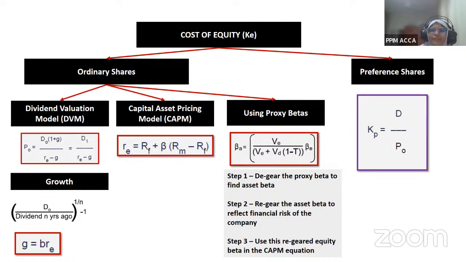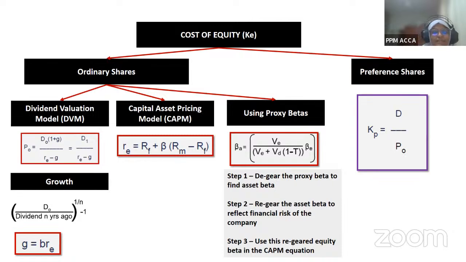Why? Because the bank itself will quote 11% interest. So, the cost of that debt is 11%. Okay. But when it comes to shares, the shareholders are not going to quote, we need 10% dividend, right? There is a situation where that happens, and that is only if it is a preference share. Whereas if it is an ordinary share, then it is entirely the company's decision to decide what dividend they are going to pay.